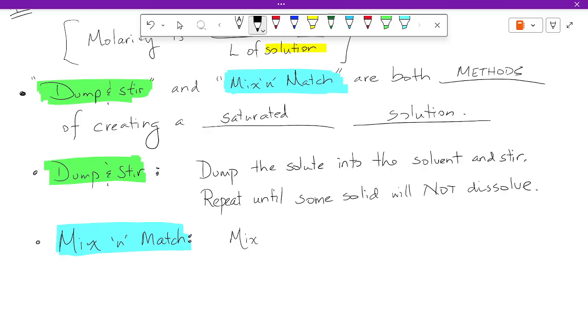What are we mixing? Solute? Sorry, what, Amy? Two solutions. Each solution